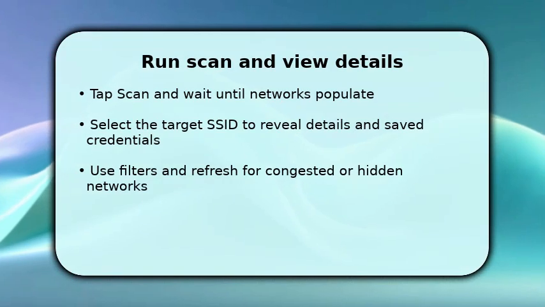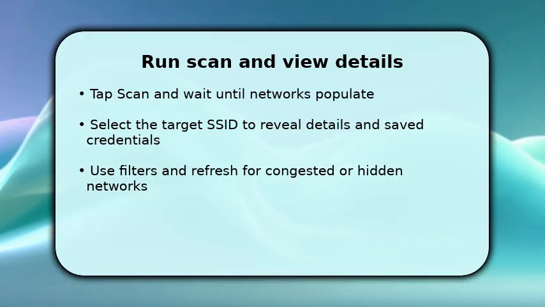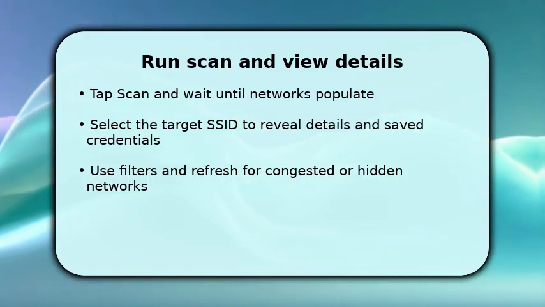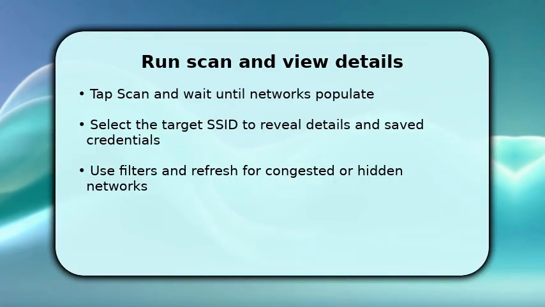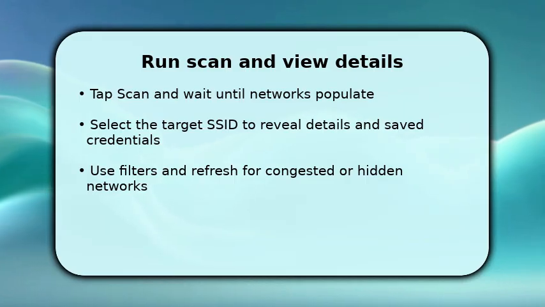You now run the scan and examine results. Tap Scan and watch the list populate with SSIDs, channels, signal strength, and encryption types. Stronger signals appear first. Once the target SSID is visible, select it to show stored credentials or the key derivation